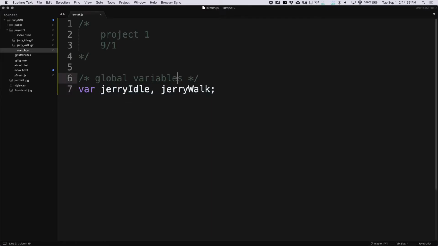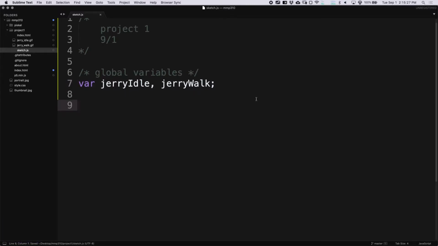And so we can also see really quickly that we have two animations related to the character Jerry, and one is idle and one is walk. And we're going to look at a lot of different ways to store this information throughout the semester, but for now, just working with simple variables, this is the best way to do it. So we have Jerry idle and we have Jerry walk. We basically have these two different references where we're going to load in our animations so that we can play them whenever we want. So we'll come back and add more variables in a moment, but for now, let's just